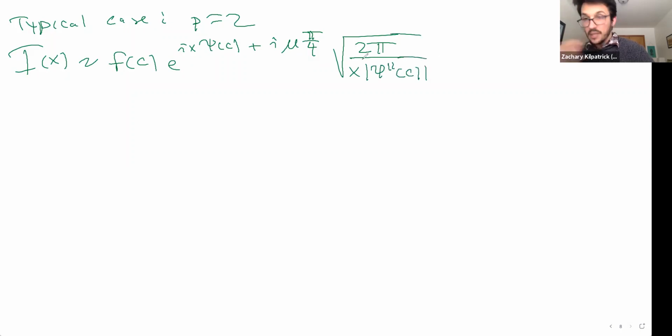Okay, so we see the 1 over square root of x scaling showing up there. We see that this factor of psi prime prime of c is also going to determine the scaling or the amplitude of our leading order term. Mu again is going to be the sign of psi prime prime. Okay,